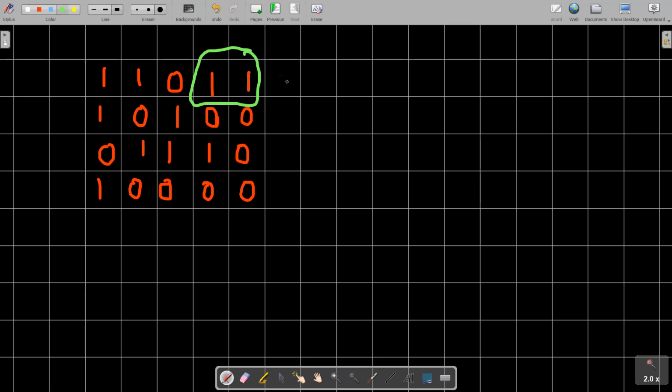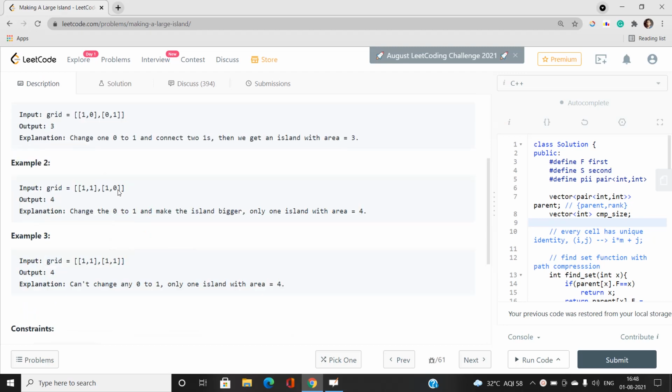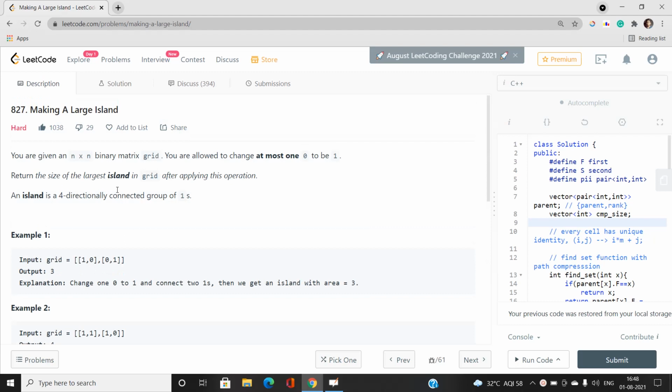Now moving on, let's look at the constraints. You can see n is up to 500, and grid[i][j] is either 0 or 1. You can see that the number of rows exactly matches the number of columns. I think I have done this problem considering it as a rectangle, so no need to worry, you can just replace the value of m with n. We'll talk about it later on. For now, let's move further to understand this problem with this example.